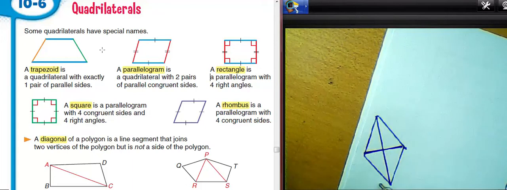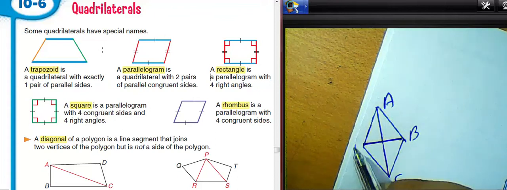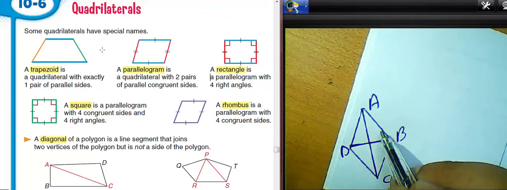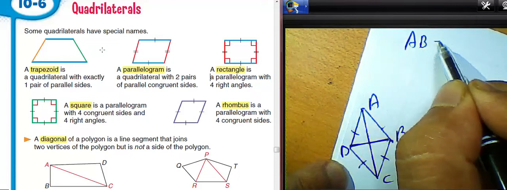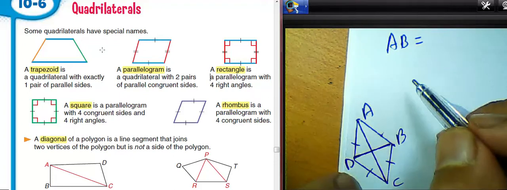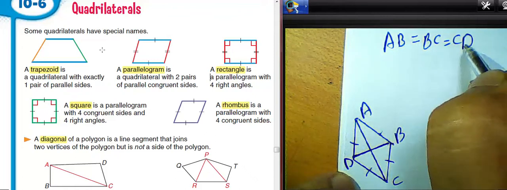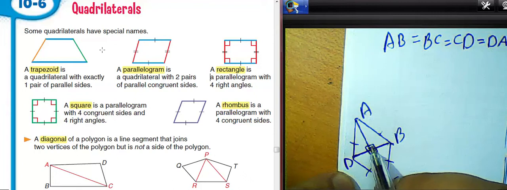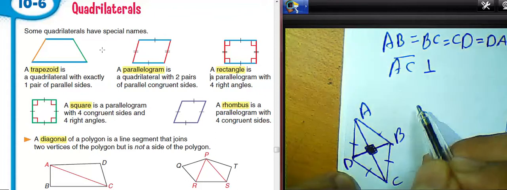A rhombus A, B, C, D. Okay, A, B, C, D is a rhombus. All sides are equal in length. AB equals BC equals CD equals DA. And what about the two diagonals? The two diagonals are perpendicular. AC is perpendicular to BD,